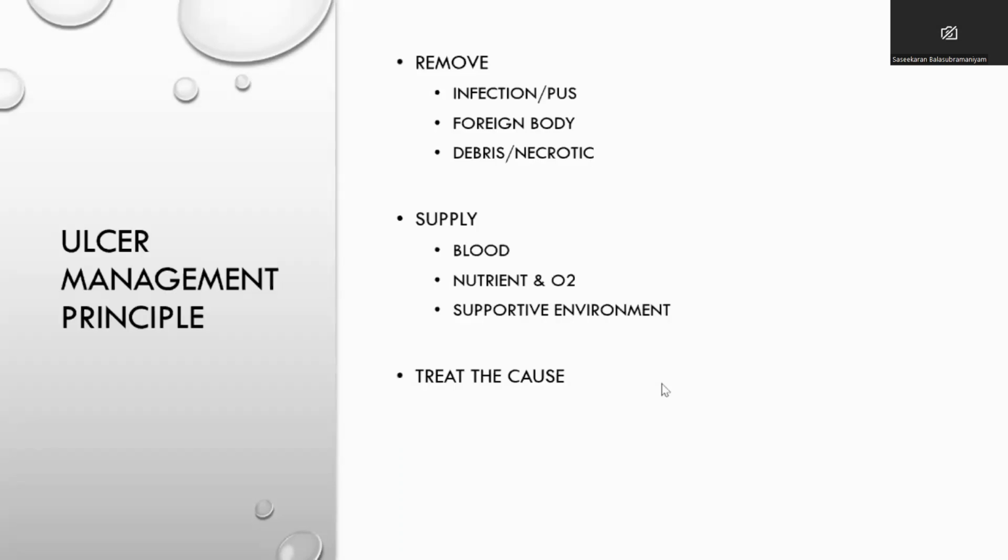This is my principle of ulcer treatment. If it is wrong, just leave it. But this is an easy way to remember or manage any ulcer. When a patient comes to you with an ulcer, you have to think about taking something out, giving something, and treating the cause. You can apply this principle to almost any ulcer. So, infection, pus, that all know, and foreign bodies. Sometimes this is the factor which always brings the patient back in months or years with repeated discharge from the ulcer or sometimes extensive infiltration. Then debris and necrotic tissue, that is also part of infection.